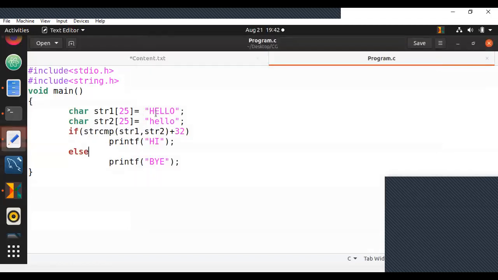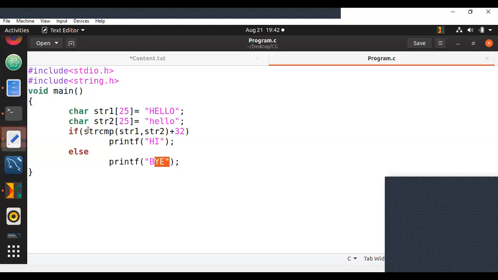So this is one basic question you guys need to know. strcmp will return the difference of character ASCII values. The difference may be high, may be low. Depending on such values, you're going to get the differences here. So is that clear, guys? Are you able to understand why the output of this is by?